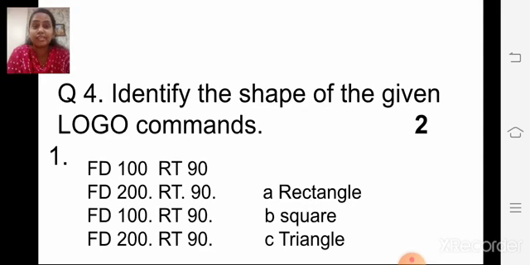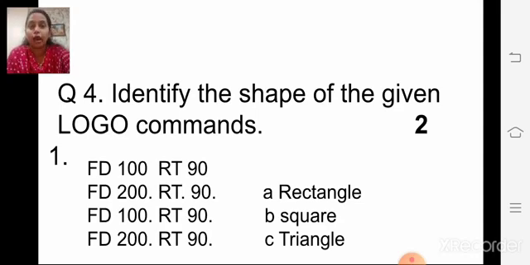Tell me children. Is it a square? No. Is it a triangle? No. This is a rectangle. One side is small, one side is big. Two opposite sides are equal, right? Now, rectangle. The option is A. So, what will you do there? Select the A option. Understood children? This is a different question. Question number 4. You read this program properly and answer the question.